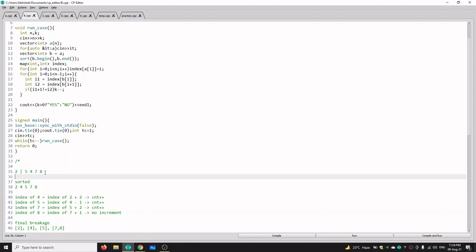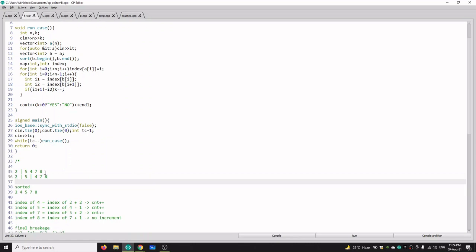Then for joining 4 with 2, we need to split it again from here, so that we can join these two arrays like this: 2 4 7 8 and 5.